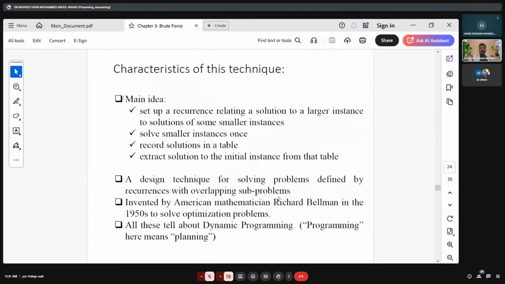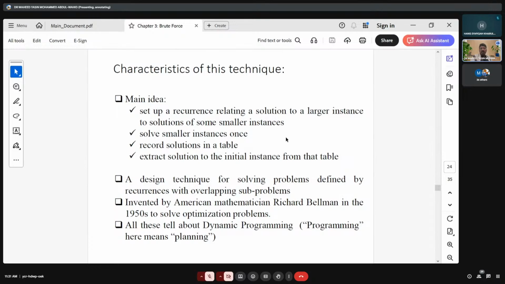Characteristic of this technique, main idea: set up a recurrence relating a solution to a larger instance to solutions of some smaller instances. Solve smaller instances once, record the solutions in a table, and extract the solution to the initial instance from the table. So here we have a table. We put the results in this table and use this table to solve the problem, so no need to repeat and